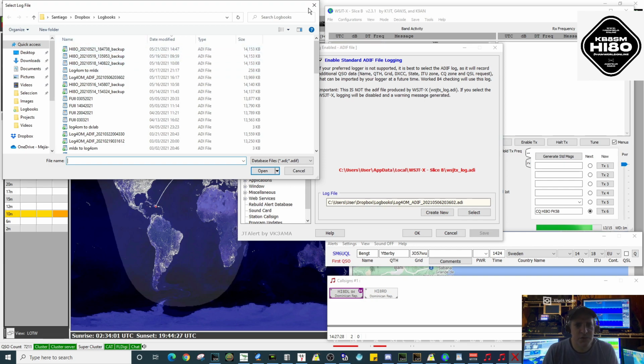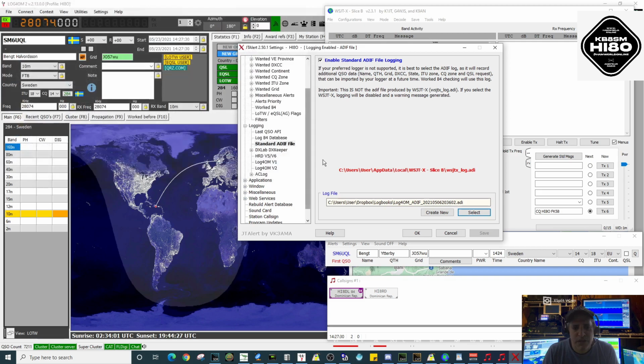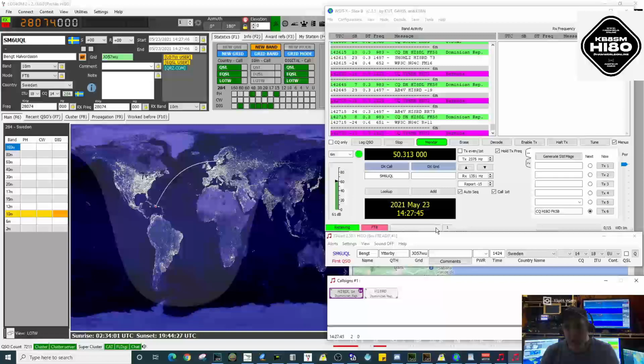In my case, I use Dropbox, so it is in the cloud. And you're going to choose that file. This will make all QSOs be logged into a local file in JTAlert and it will not send them to any other logger. The only downside of this